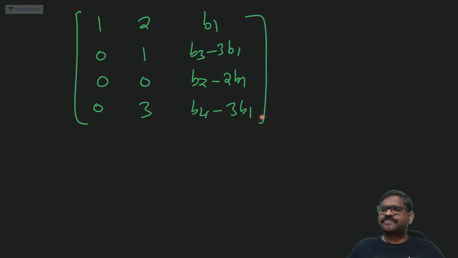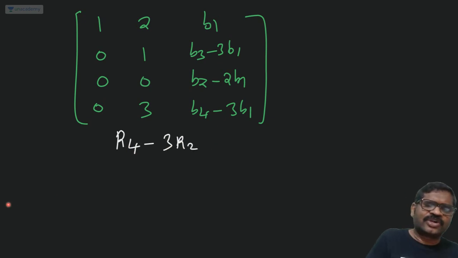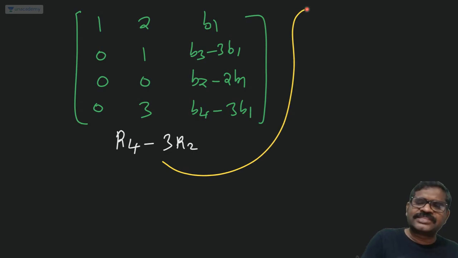Observe here, it is not in echelon form. Now apply R4 minus 3 times of R2. By applying this operation, you'll get